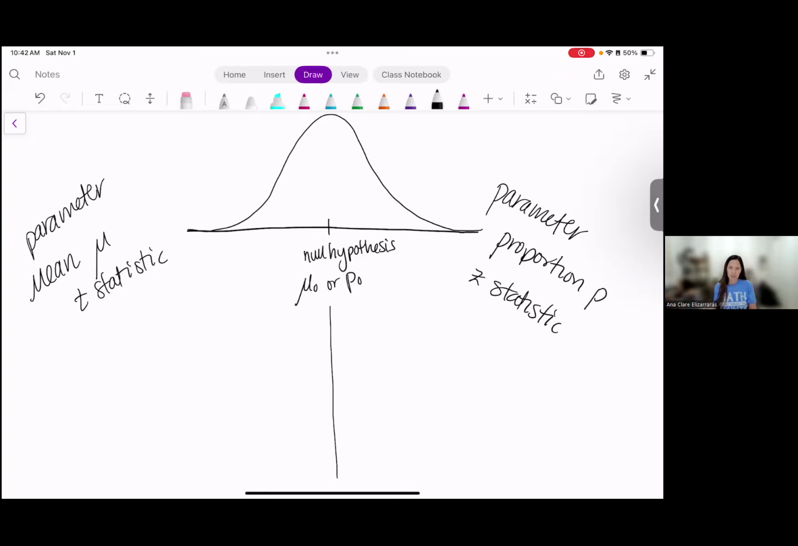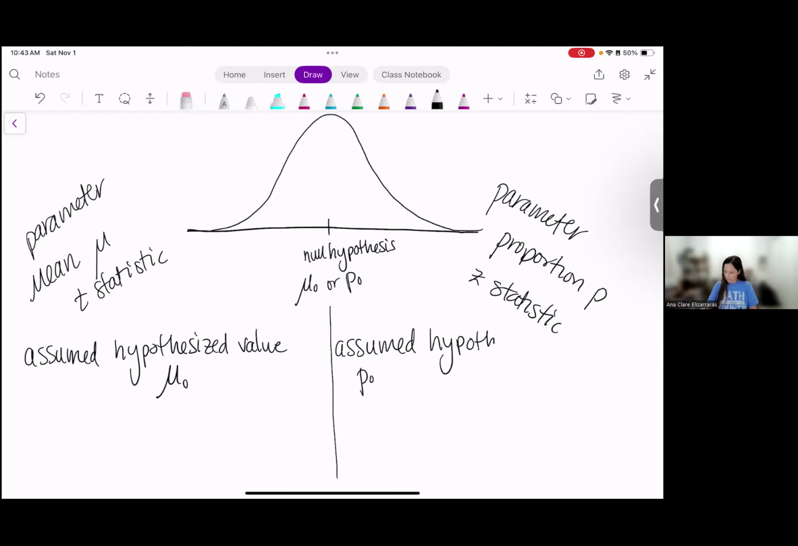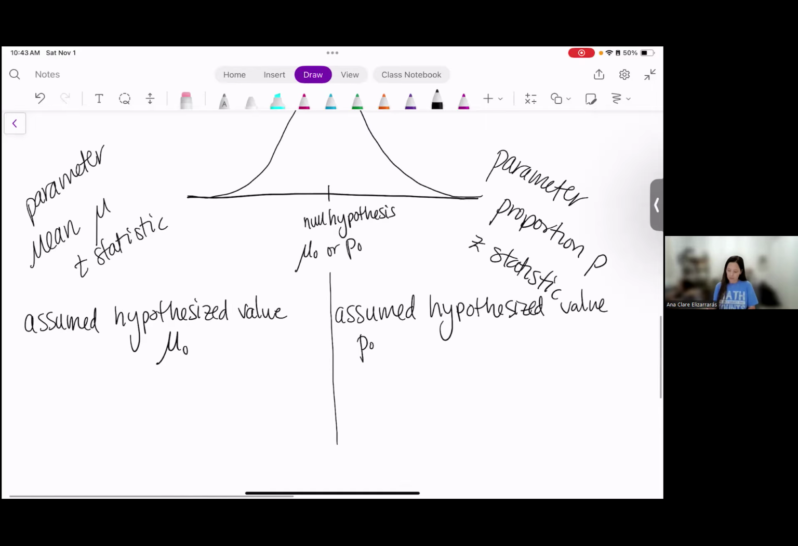So the way that you calculate a test statistic, well, first of all, you're assuming some hypothesized value. So you have an assumption that is either mu sub 0 or P sub 0. That's your statement of equality in the null hypothesis. Then you collect a sample and you analyze the sample and get the summary statistics. So your sample data